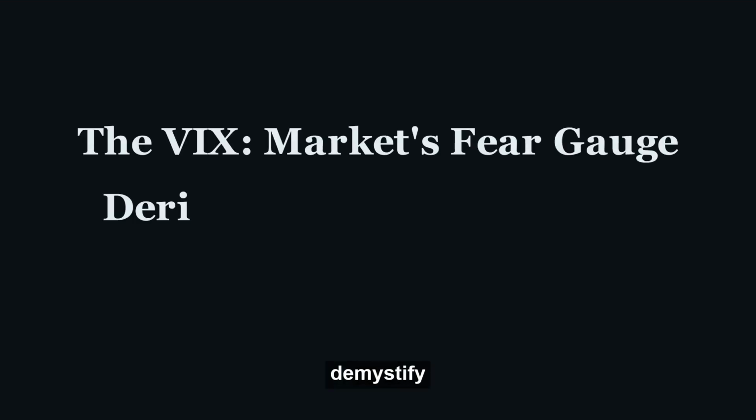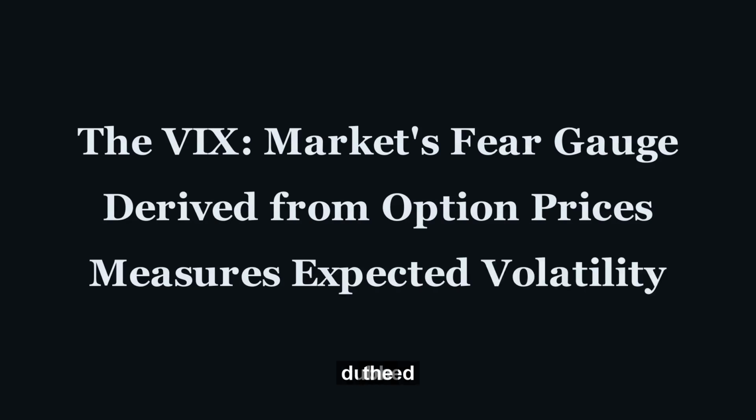First, let's demystify the VIX. Often dubbed the market's fear gauge, the VIX isn't just a random number, it's a forward-looking measure of the market's expectation of volatility over the next 30 days. Crucially, it's calculated directly from the prices of a wide range of S&P 500 index options. Think of it as a weighted average of implied volatilities for these options. A high VIX suggests investors anticipate large price swings, while a low VIX implies relative calm. But what if those anticipated swings aren't smooth, but sudden, discontinuous leaps?